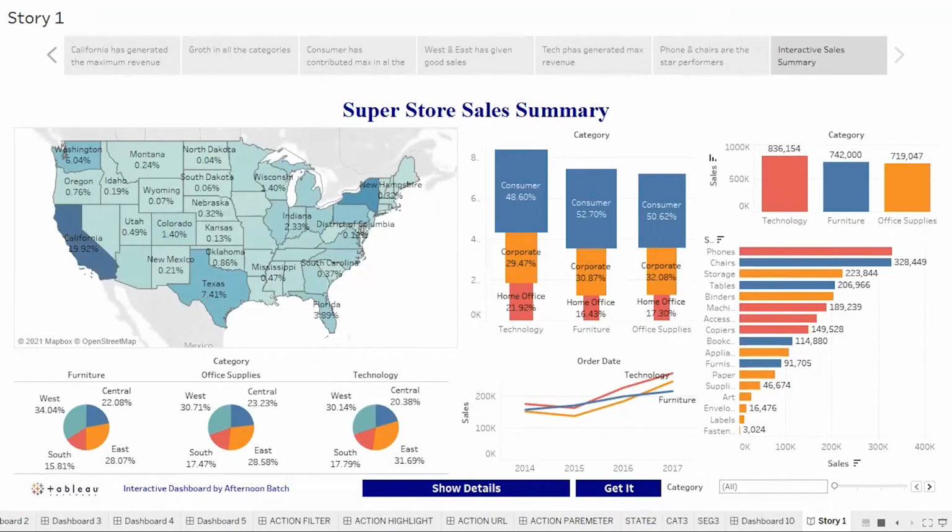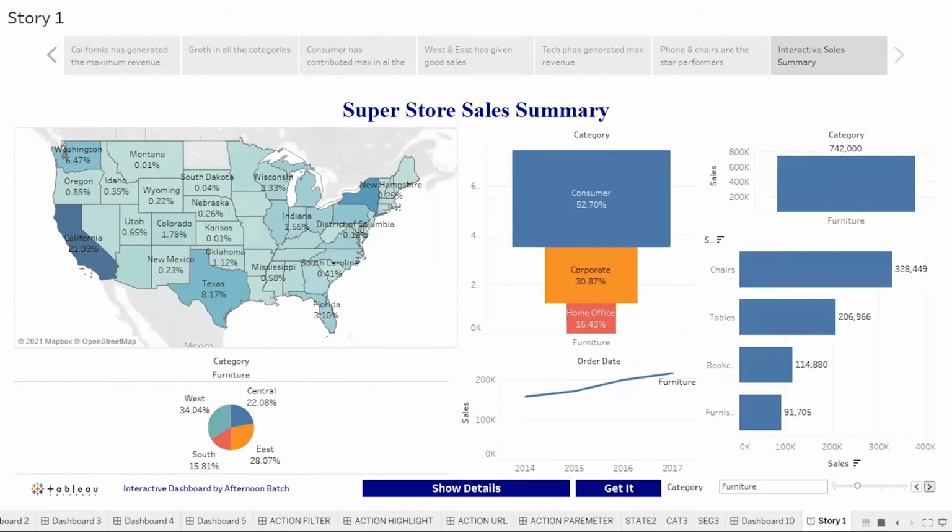So let's say if I wanted to talk about furniture, here it is talking about only the furniture, right? So this becomes your story, which is the final product of Tableau. I think on day one, I told you whatever we will be learning in Tableau, we will be learning to achieve this.